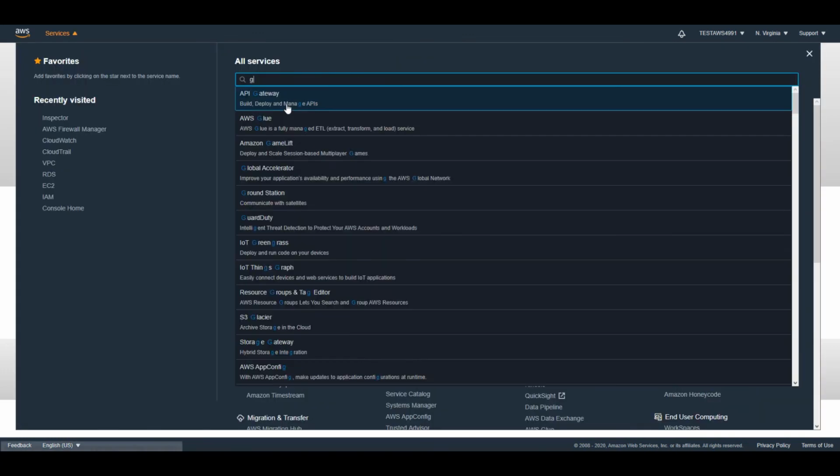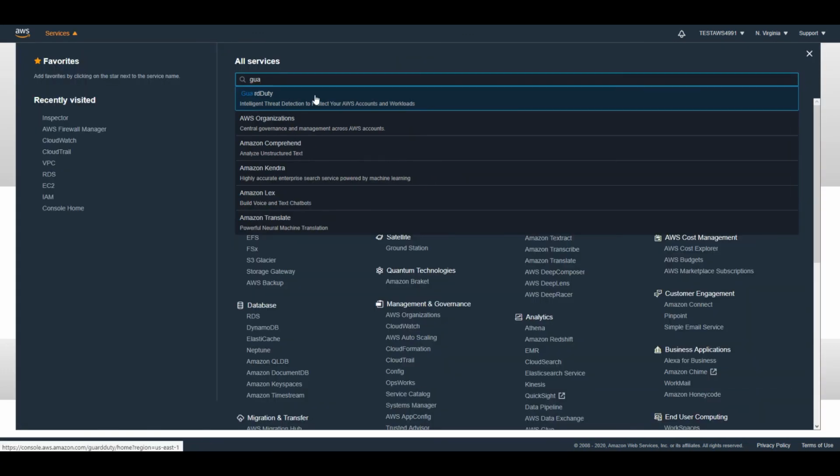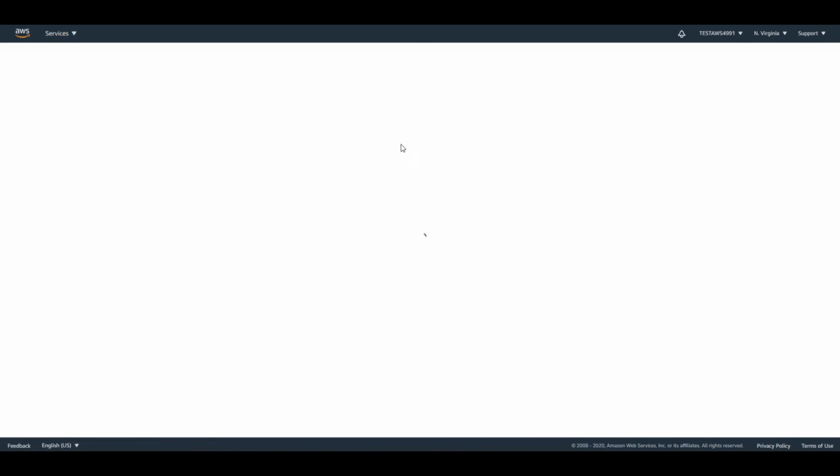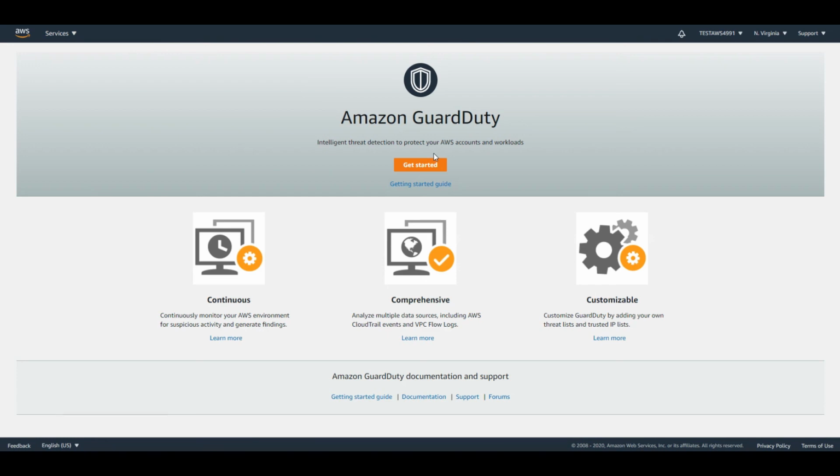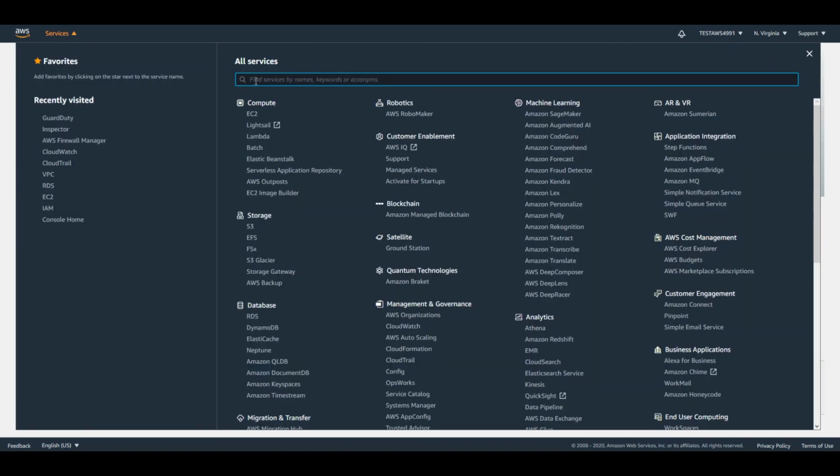Check on the GuardDuty service, which is an intelligent threat detection and protection service in AWS, where we can identify abnormal behaviors, attacks, and threats. There's another service called Trusted Advisor.